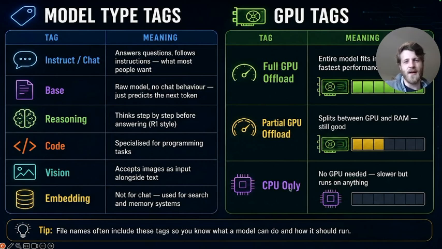And what we don't have here is likely too large, which essentially means it's not a model for your system. You're going to either need to improve your hardware, you're going to need to go and get yourself a stack, or that model's designed to be running in data centers with cloud inference as opposed to locally on